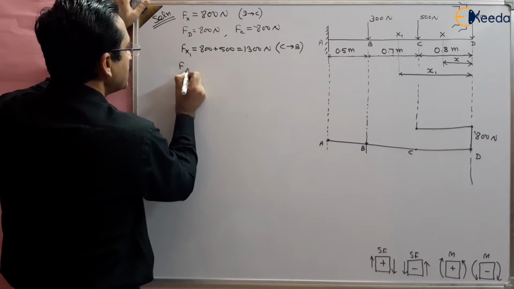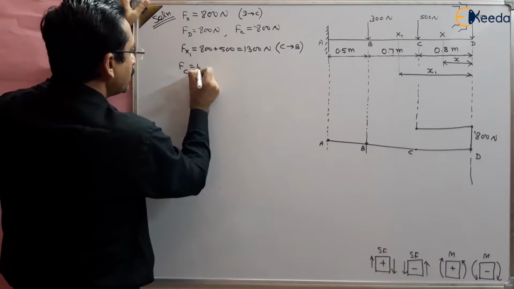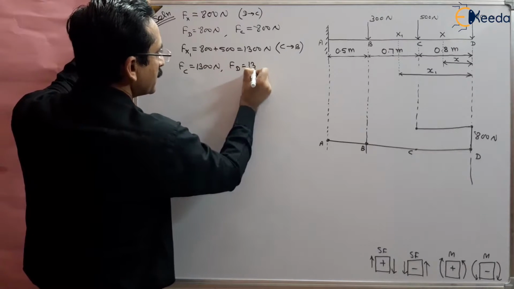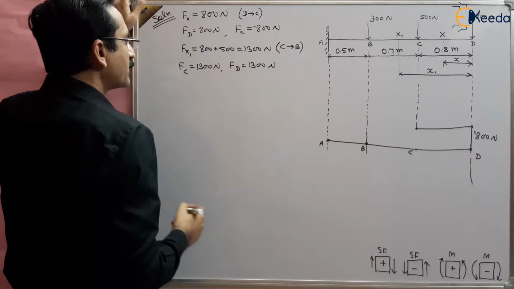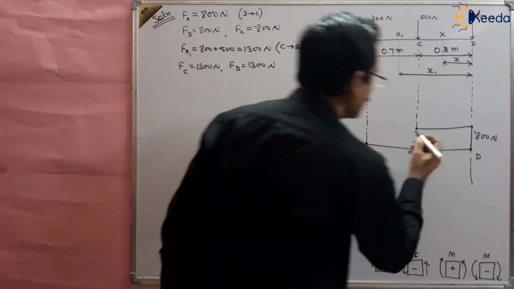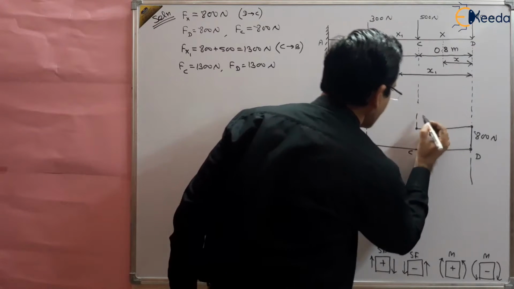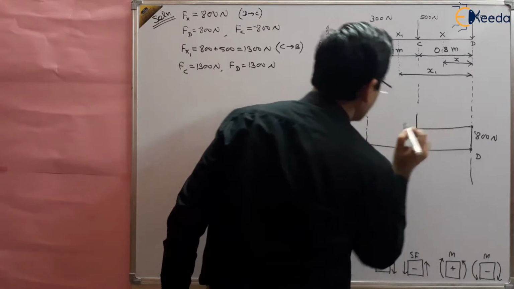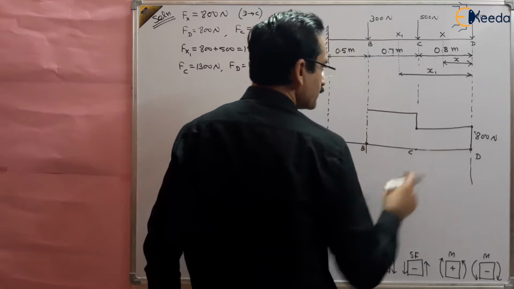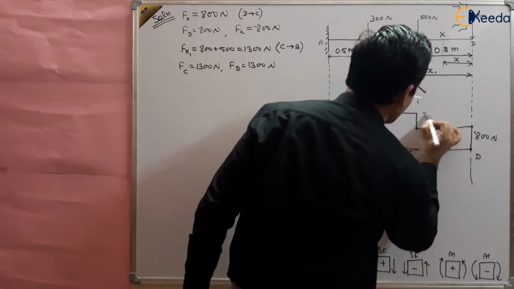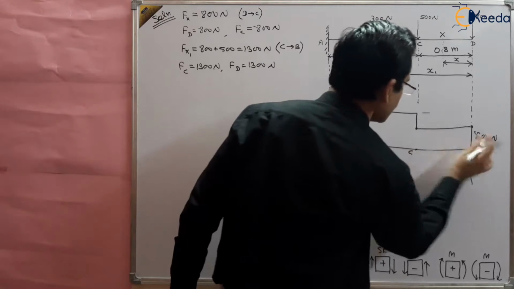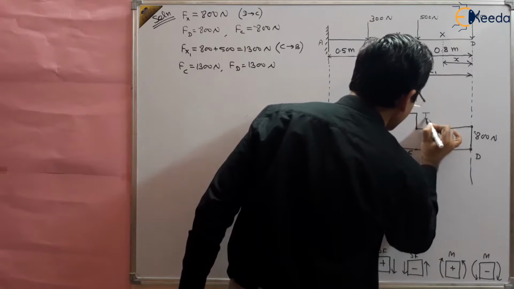So at C, the force will be 1300, and at D, the force will be 1300, and we have found out the force. So it changes, FC from 800 to 1300. So 800 to 1300 we have achieved like this, right? And then it is constant, right? So it was 800 and there is a jump of 500, right? So this is 500. So this was 800 and this force is 500 Newton